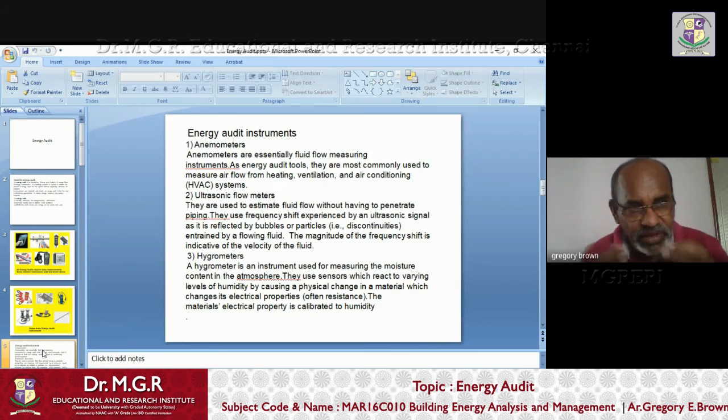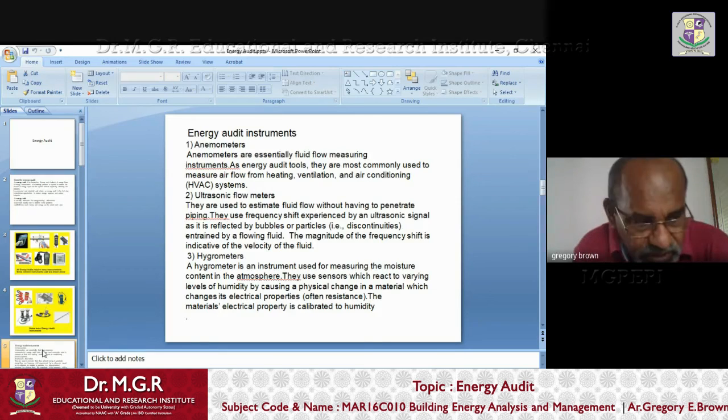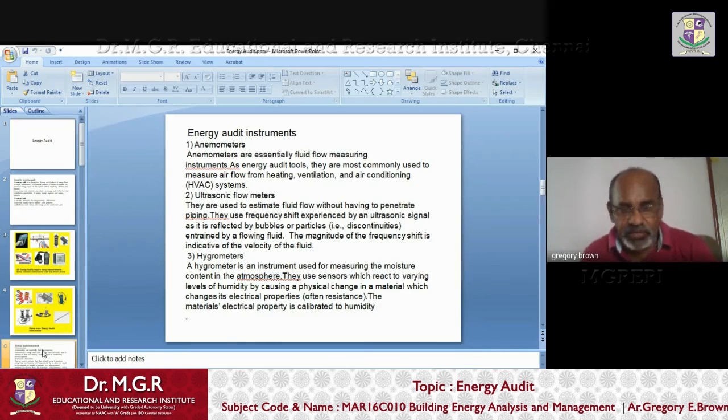So suppose there is some machine that is consuming some amount of energy per hour under a particular humidity level in a room, okay, to give its best performance. And so you use this meter to check whether the humidity is correct for the machine's performance. Otherwise the machine might not be performing correctly, might